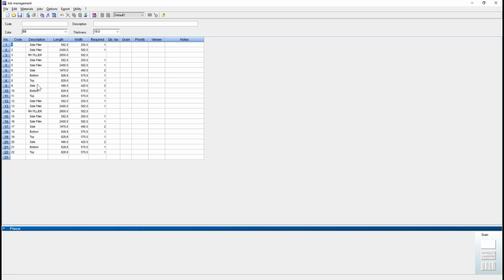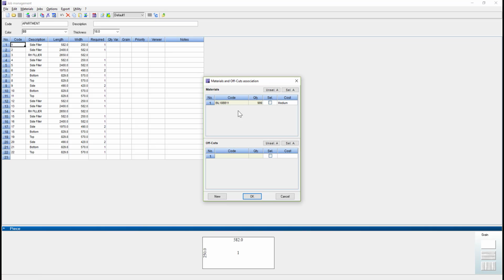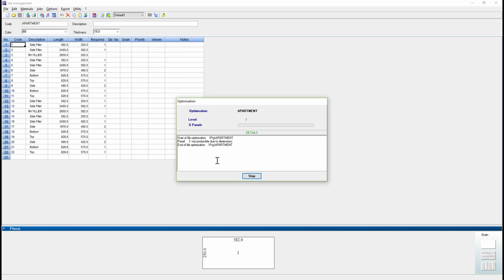Immediately I have my cutting list here, and I can say apartment, okay, and I straight away go into the optimize. So I say use this material, and the system optimizes the parts for me now. Okay, so after the optimization,